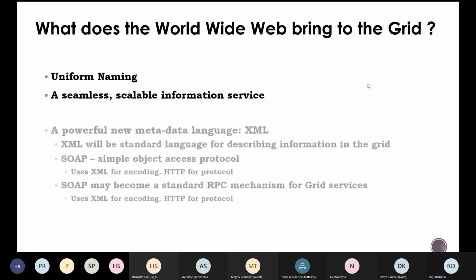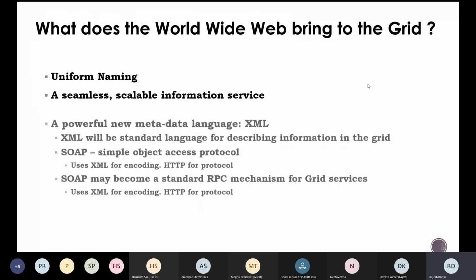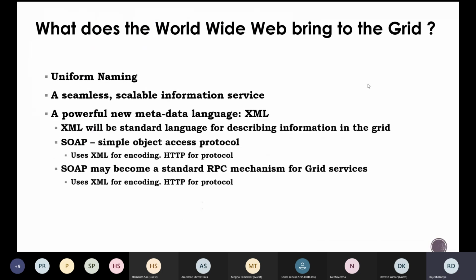We have got a number of things, for example, URLs, the use of XML, and a few protocols like SOAP and so on. All these things we have got from the World Wide Web. Apart from that, one special thing which we have got from the World Wide Web is portals. We will see how a portal works.